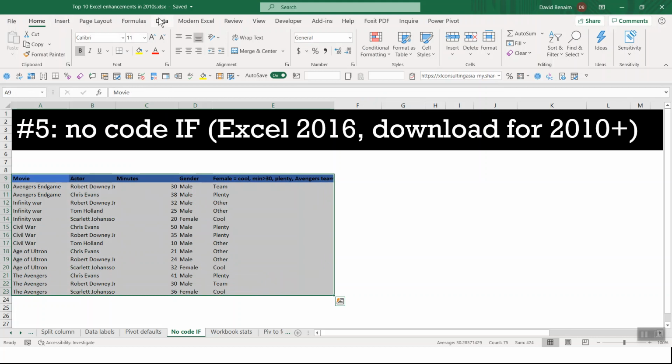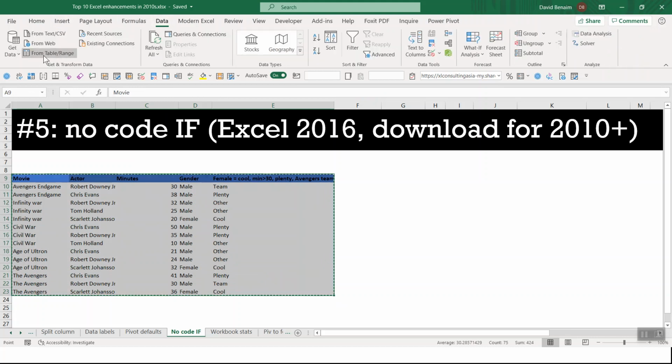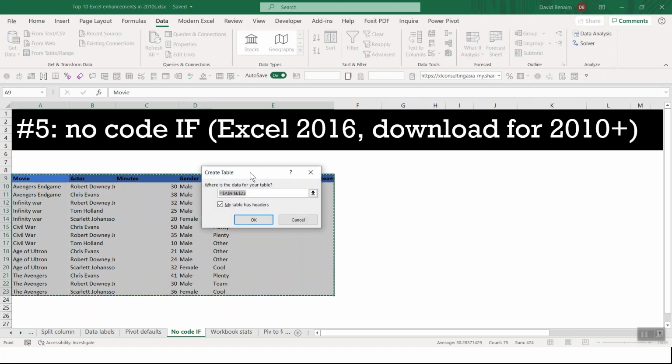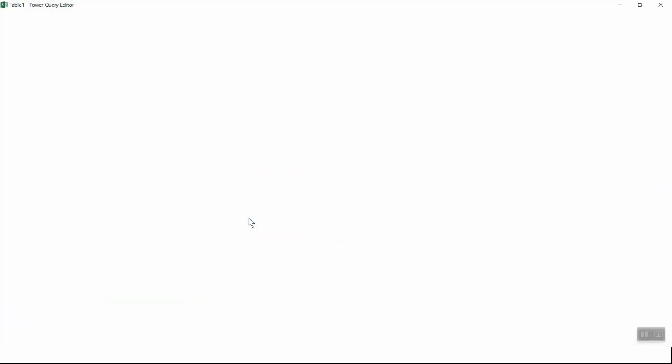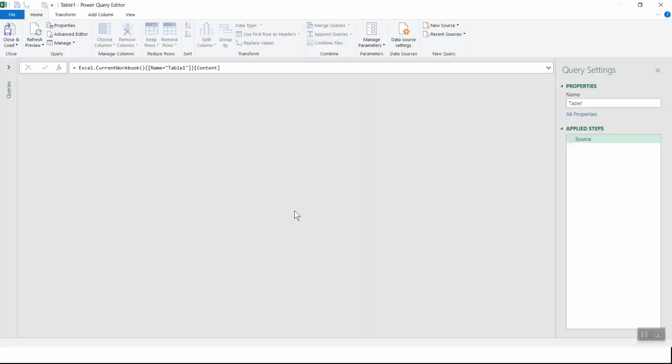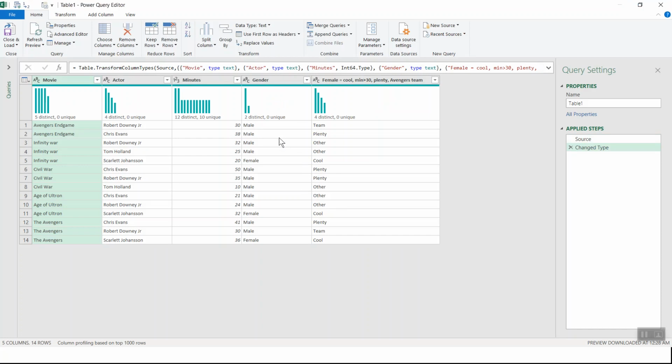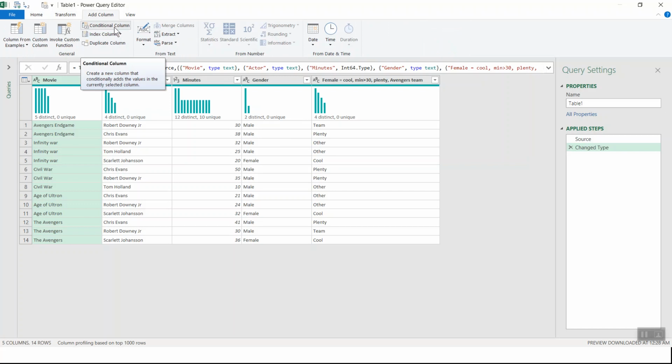So I can go to data and I choose from table or range. If your data is not already using the format as table, you get this prompt. You can press OK. You get this pop up here. And then I can go to add column, and I have a conditional column. I love this feature. It's beautiful. You could say